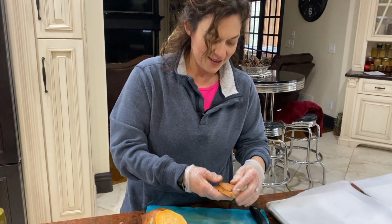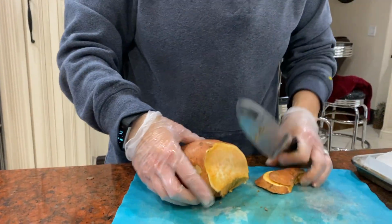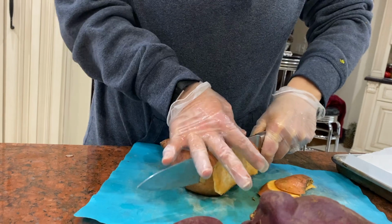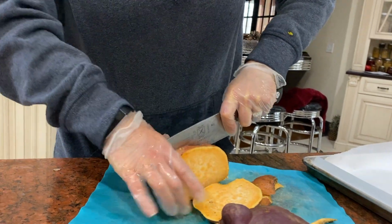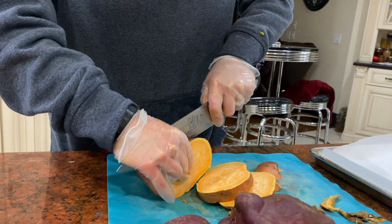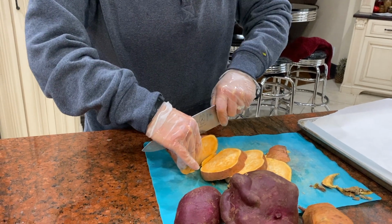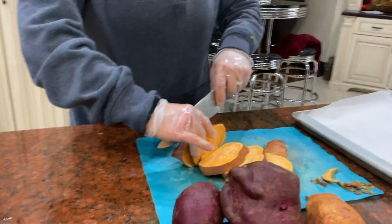Yay, that's much better. Sometimes I go through and check my sweet potatoes in advance for those, but I didn't this time. It's all right. This first slice is the trickiest. And again, everyone develops their own slicing technique. I choose to just power through the first part, using body weight as much as I can to get through, and being very careful to keep fingers